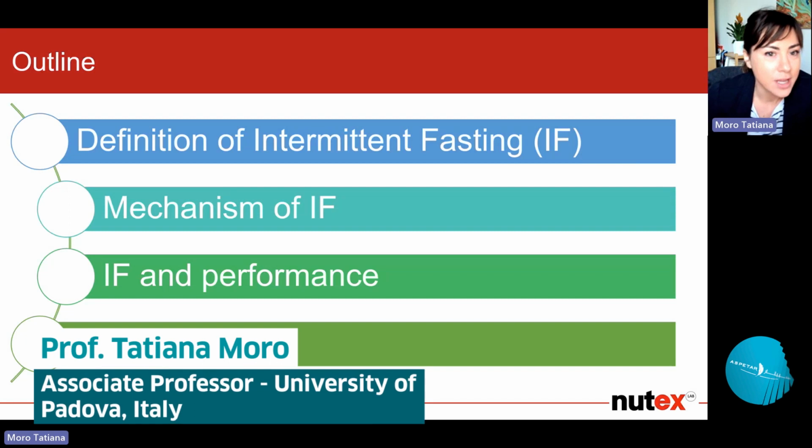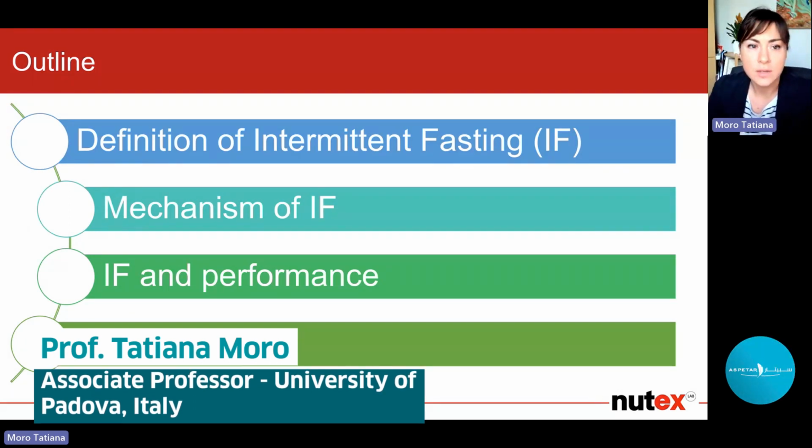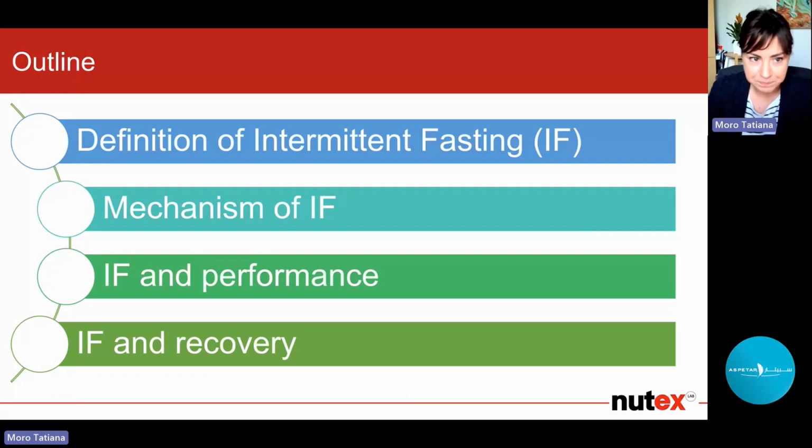My outline today for you is to first start with the definition of intermittent fasting, and then try to explain a little bit the mechanism of intermittent fasting and how that works in our body, and then move to intermittent